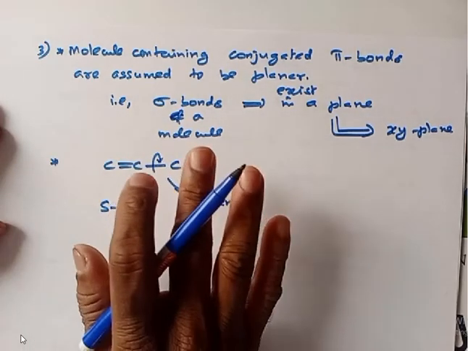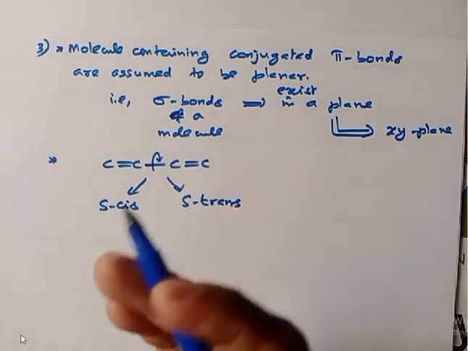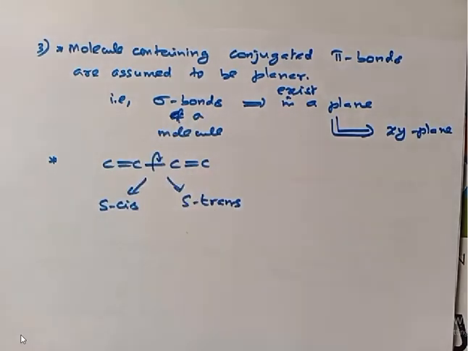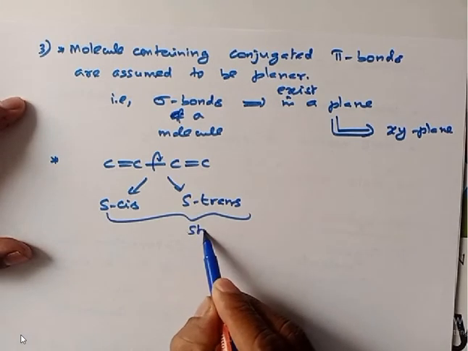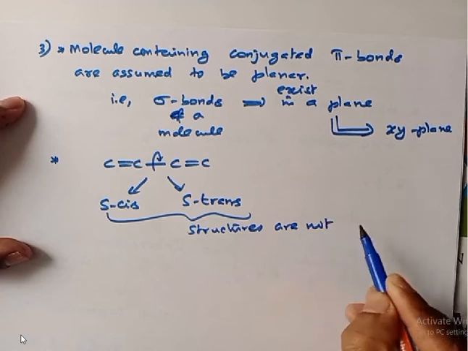It is simply considered as a conjugated system, that's all. Whether it is S-cis or S-trans, right, that information is not considered in the Huckel molecular orbital method. So S-cis, S-trans structures are not considered,